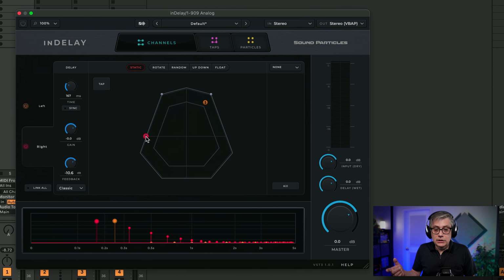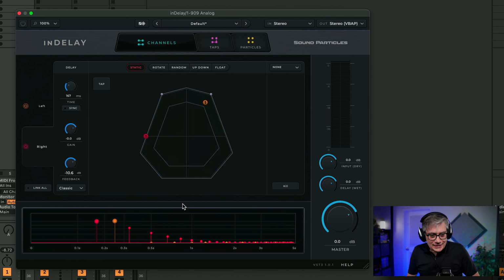Once again, unfortunately, I didn't find a way to actually move that below the listener, which once again for channel-based layouts isn't an issue because you usually don't have channels below the listener position, but in Ambisonics it actually is, because in Ambisonics you would like to be able to have tabs below you as well. I was not able to do that, so maybe somebody knows how to do that. Leave me a comment in the comment section.